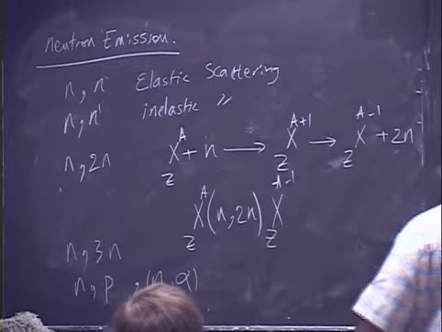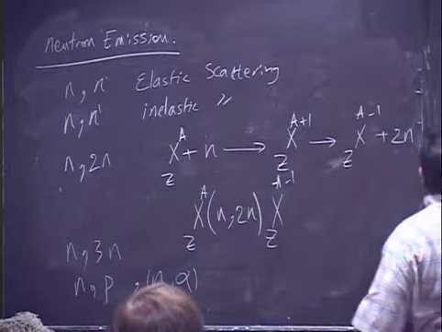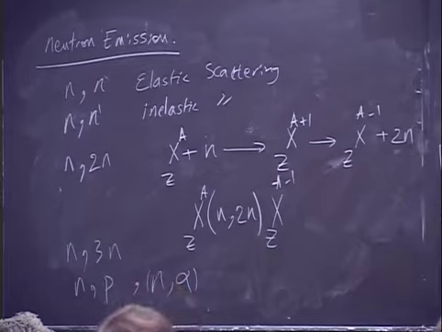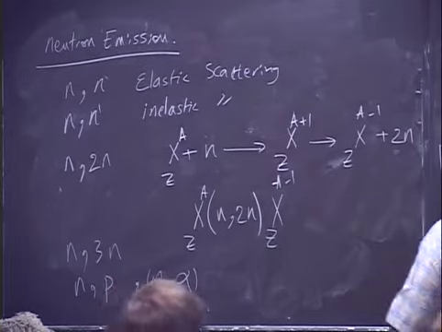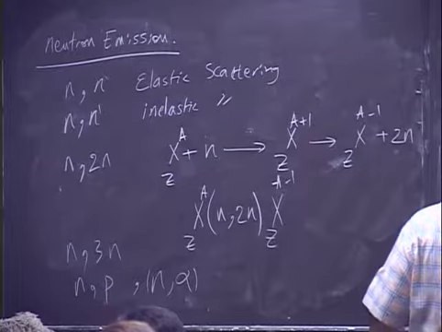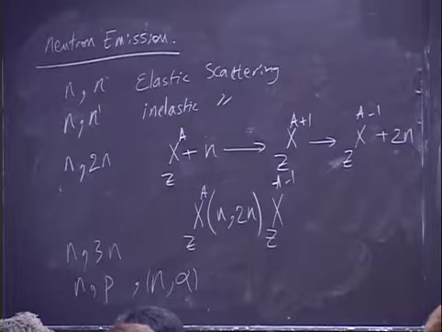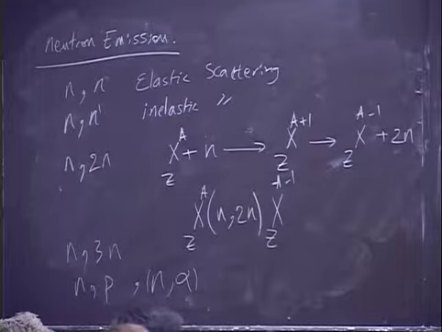Now, we wrote the Breit-Wigner formula for an isolated resonance for the case of radiative capture. What will be the shape of the inelastic or elastic scattering cross-section? The elastic scattering cross-section will be a little bit more complicated. So for elastic scattering,